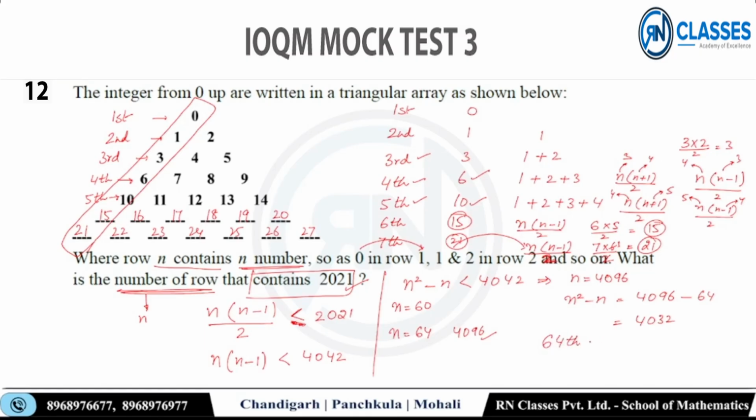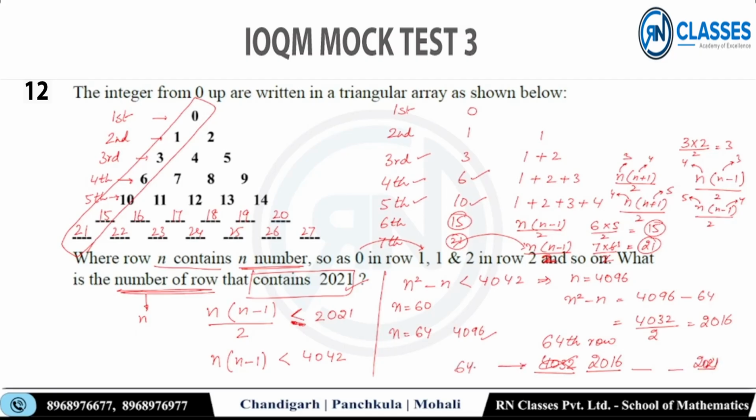अगर 64 में रखता हूं, इसका मतलब क्या बना, 64th रो का फर्स्ट नंबर मेरे को मिल चुका है। 4032 नहीं है वो नंबर, यहां पे गलती कर दी क्योंकि डिवाइडेड बाय 2 होना था, तो ये डिवाइड बाय 2 अगर मैं करूं तो 2016, पहला नंबर मिल गया मेरे को 2016।